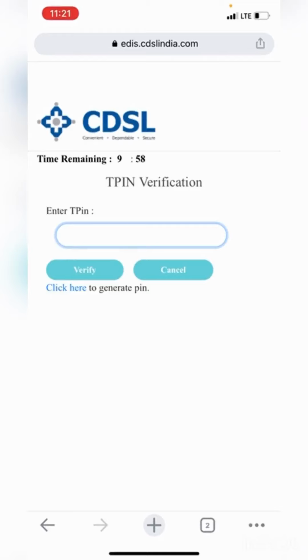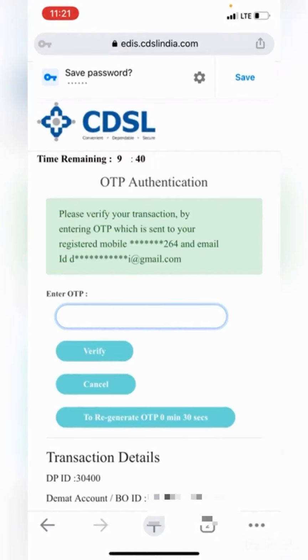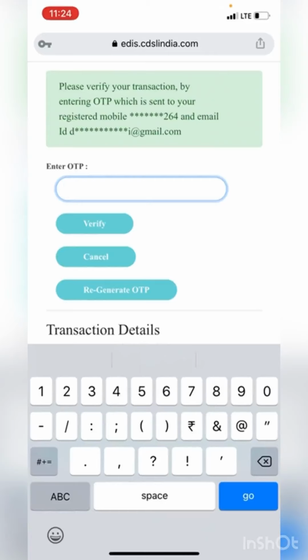After clicking on the Continue button, you will be redirected to CDSL's website and will be asked to enter your TPIN. Once you enter your TPIN, the next step will be OTP authentication. So you need to enter the OTP which will be sent to your registered mobile number and email ID. Once you enter your OTP and click on Verify, you shall be redirected to your Box and holdings shall be displayed in your trading applications. Here, please note that you should not close the window directly till you are redirected from CDSL to the Box page.